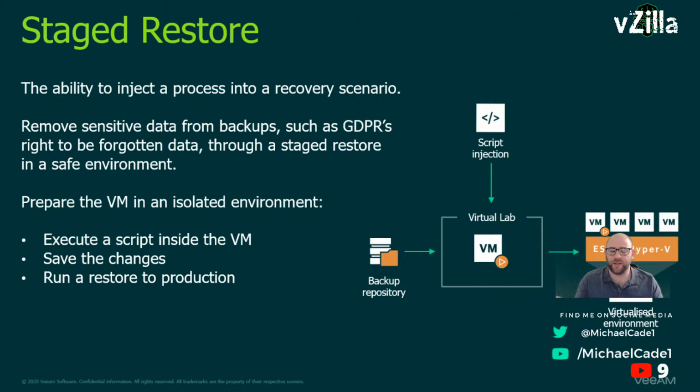Maybe a database, like I used that example. But this could be used for so many things. This could be used for Windows updates. This could be used for patches in general, around application patches. This could be used for so many things. It's ultimately just a way of being able to inject a process into that restore process before it lands back